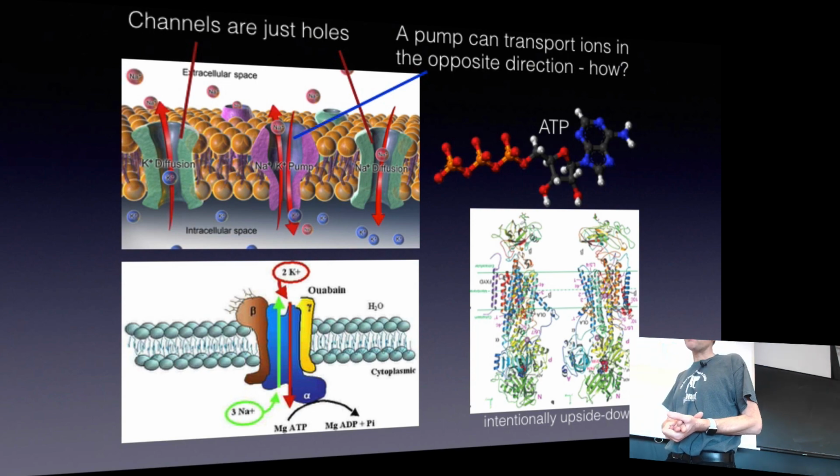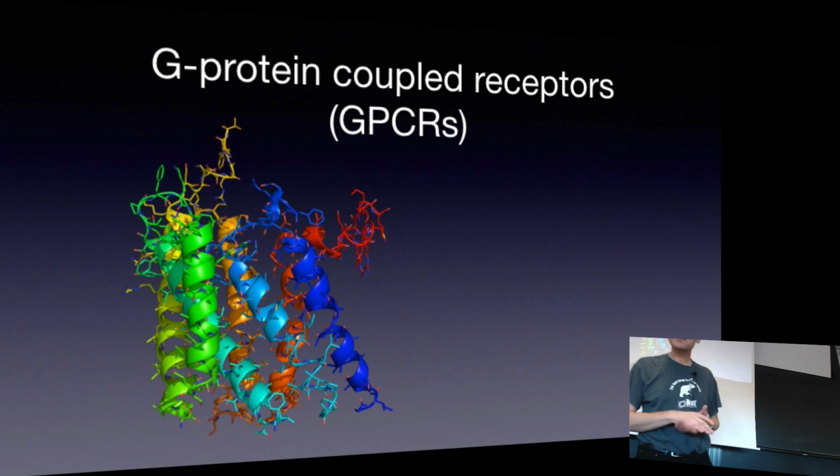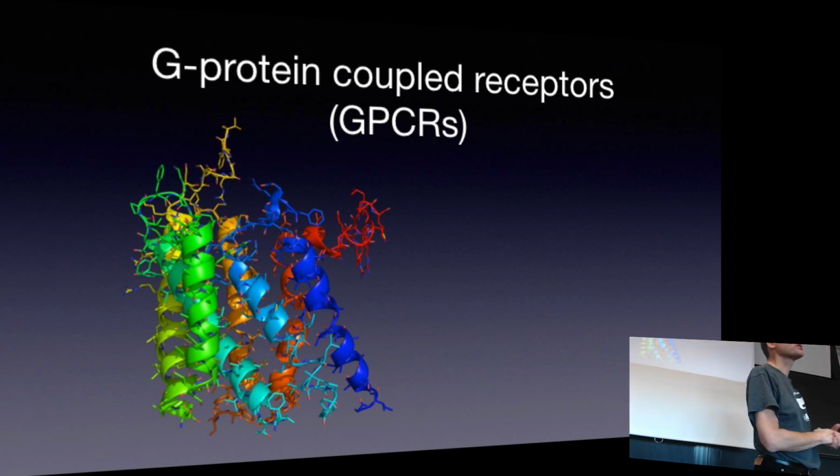There are a bunch of other proteins that we're going to touch on. I will just give you that final example before we get back. G protein coupled receptors. When I was roughly your age and studied undergraduate engineering physics and biophysics in Lund, and then as a PhD student at KTH in the late 1990s, we didn't have these structures yet. This is called GPCR, which is a G protein coupled receptor, which sounds fairly boring, but this is probably the